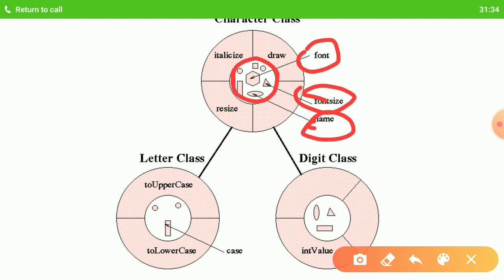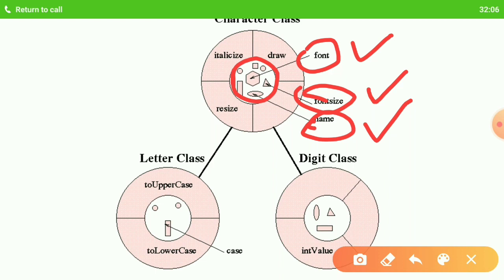Like the character will have some font, will have some font size, will have some name. If you have used Microsoft Word you must be knowing these terms, isn't it? Font size, name. So when you type anything in Microsoft Word, you can change its font, you can change its font size, you can change its name. Okay, so these are the attributes of a character.